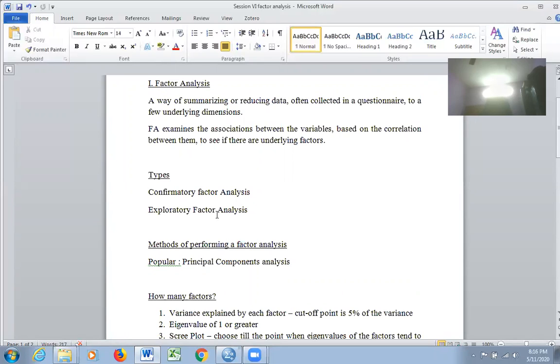So I want to confirm whether the factors I have for my research questionnaire are the same as those of the standard or previous research output. So in that case we can go for confirmatory factor analysis.